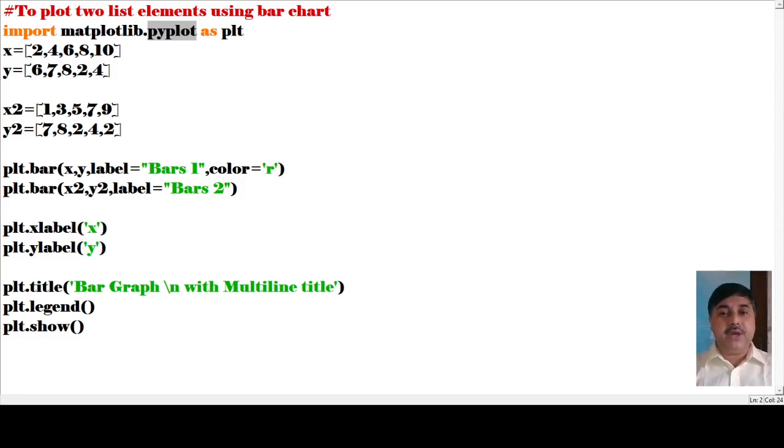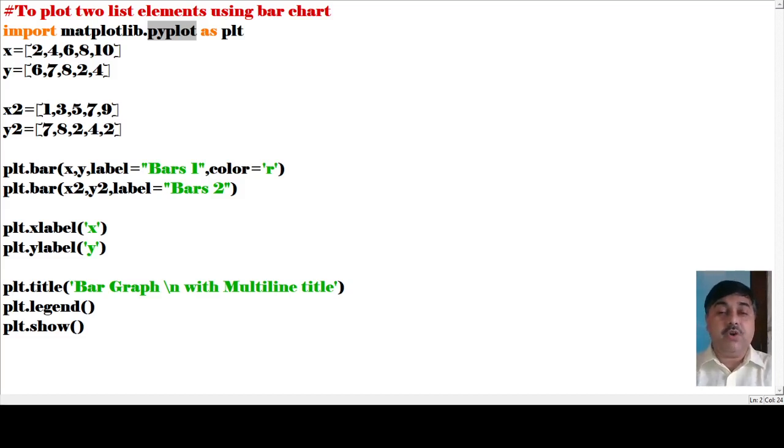Matplotlib is a library, and under this library we are calling another library function, pyplot. Python is our main language, and under Python there are many libraries. Out of those, we are calling the matplotlib library.